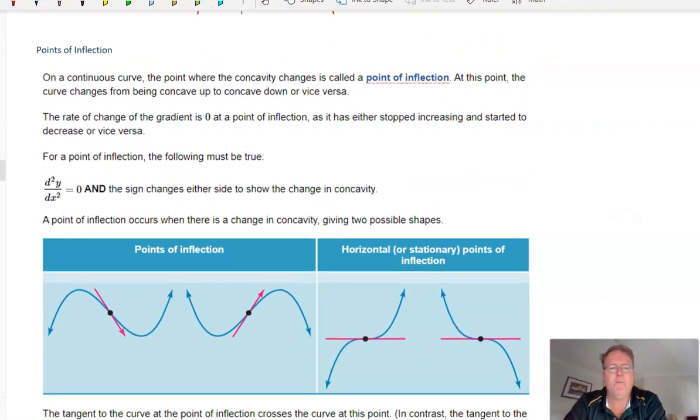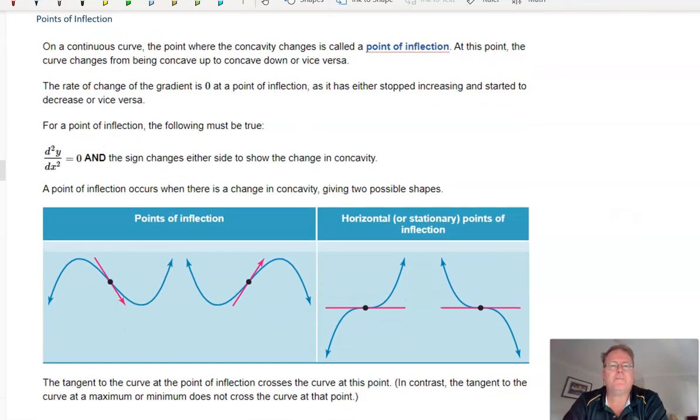So a bit of a summary. What have we just discussed? We're looking at the situation where concavity changes. So we've got different ways of describing concavities. We've got points of inflection and stationary or horizontal points of inflection. The term is interchangeable. I've been calling them horizontal points of inflection, and that is actually accurate. Why is that? Because the gradient at those points is equal to 0, as you can see here. Notice the other points of inflection, the gradient is not 0. So they're not horizontal points of inflection,